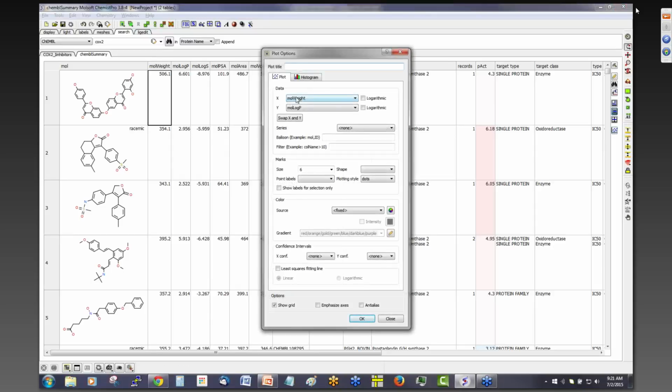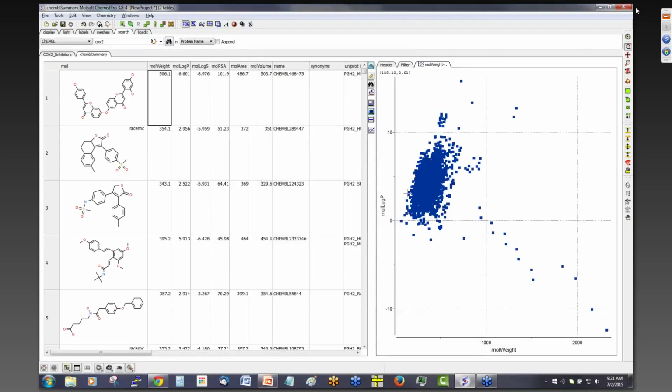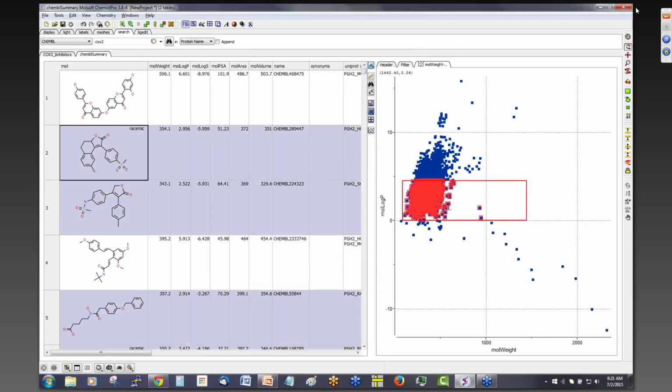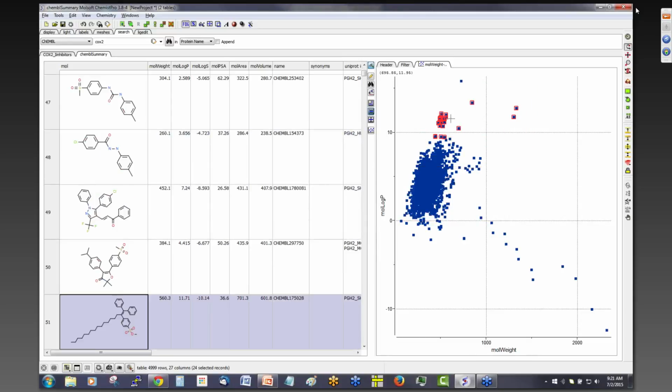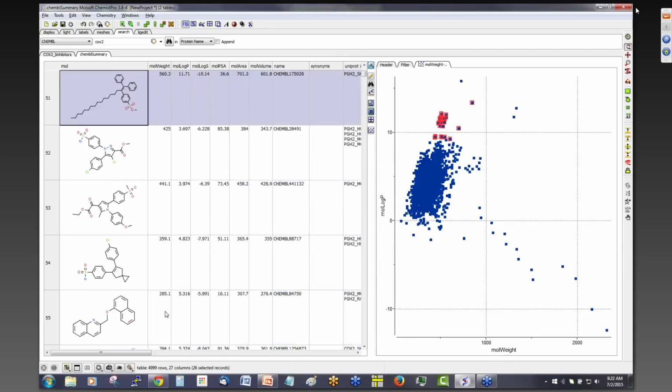It's asking us for the x-axis is molecular weight, y-axis log P. So plot that, and we can easily select all the compounds that have log P below -6, for example, -5. We can maybe remove some of these. You see it's fully interactive,